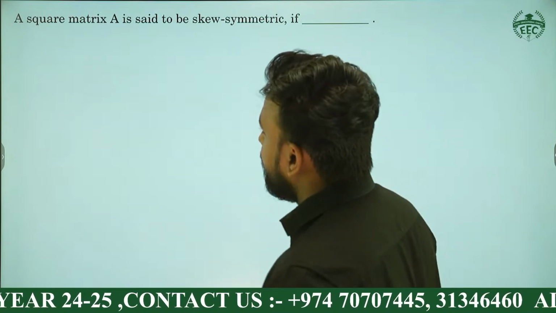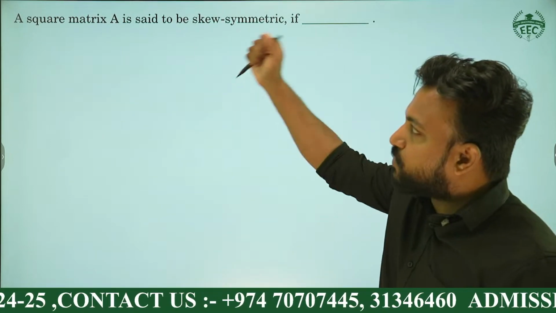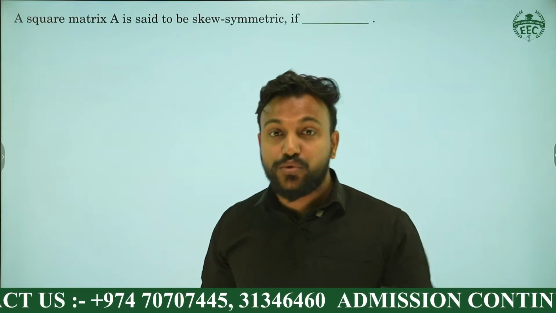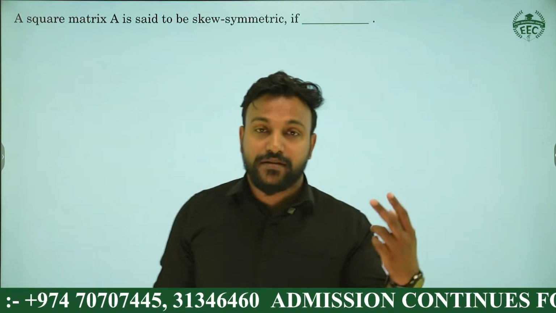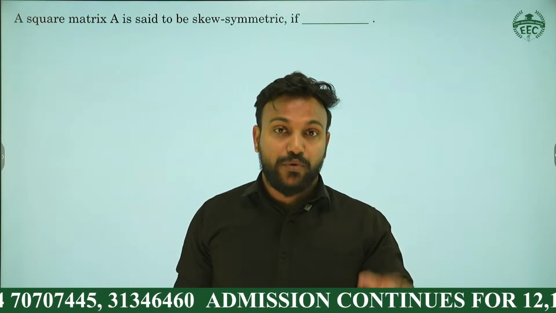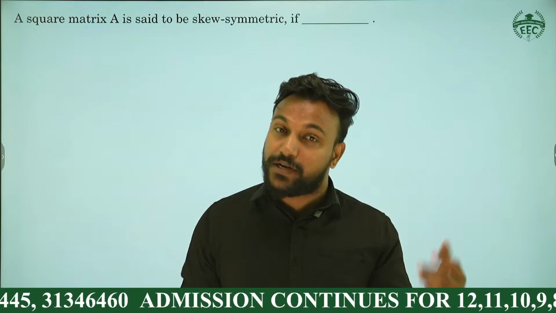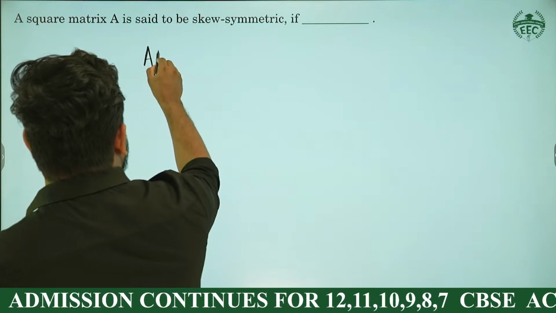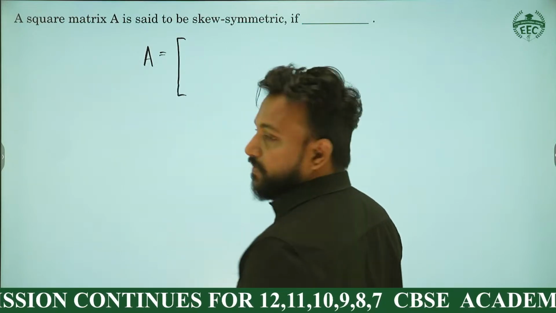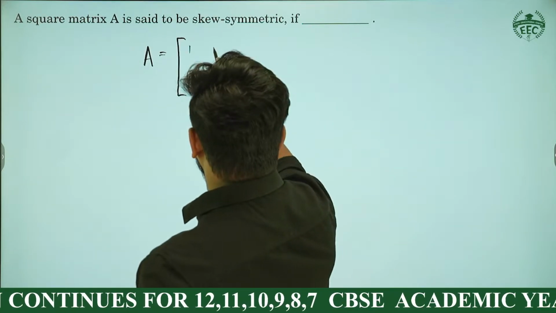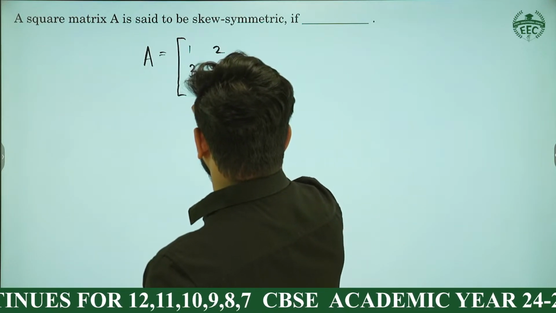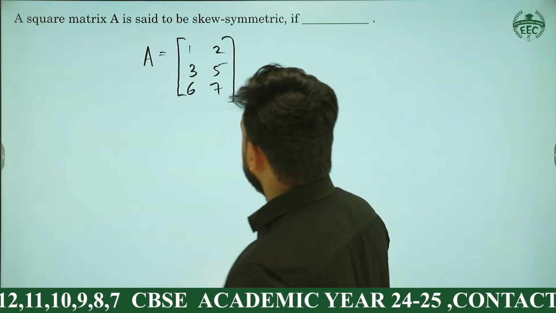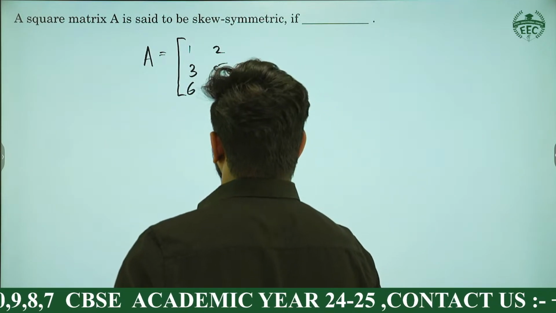Listen. A square matrix A is said to be skew symmetric if... There are 2 types of matrices related to transpose, that is symmetric and skew symmetric. I'll give you a look at that. If a matrix A is equal to 1, 2, 3, 5, 6, 7, if a matrix is like this,